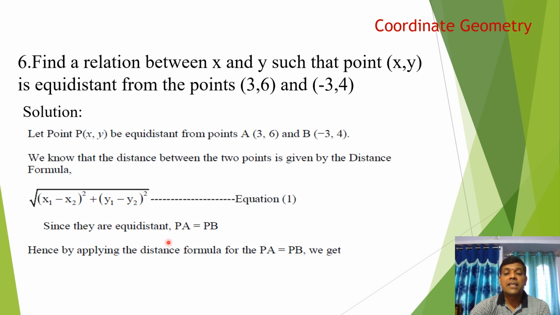Since they are equidistant, PA equals PB. Here P(x, y), A(3, 6) and B(-3, 4). PA equals PB means the distance between P and A equals the distance between P and B. So applying the distance formula, PA equals PB. Now we get